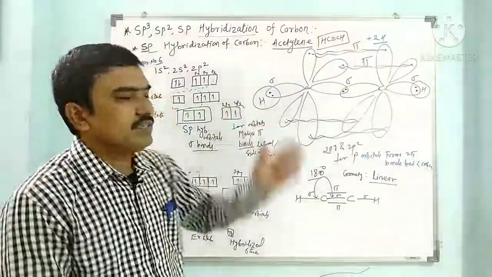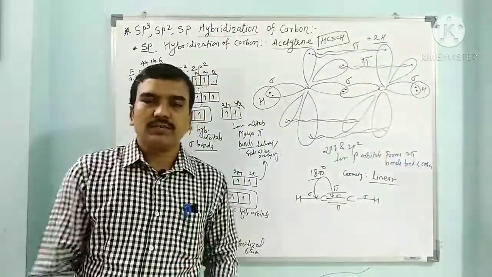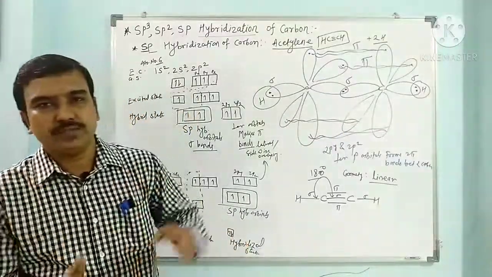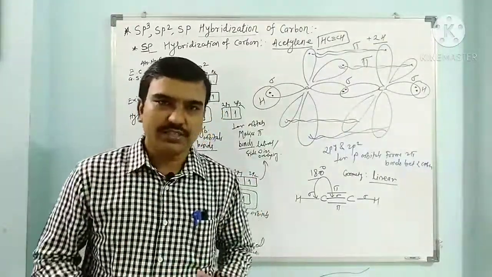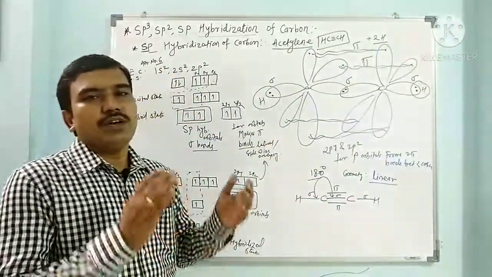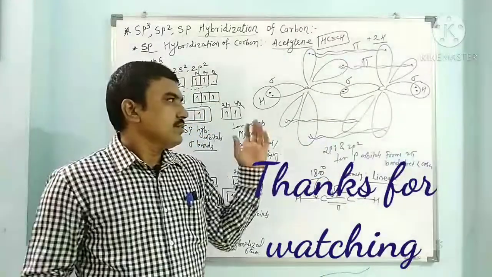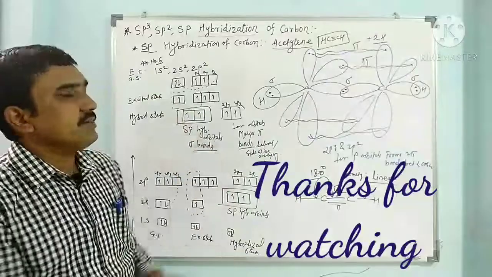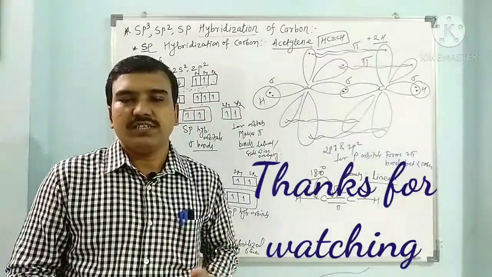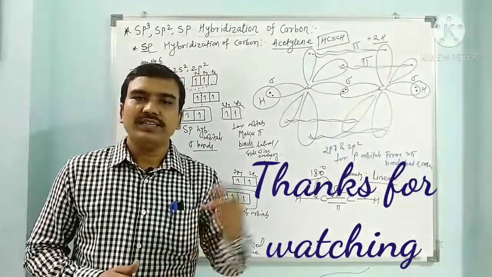So in this way, we have discussed sp3 hybridization of carbon, sp2 hybridization of carbon, and sp hybridization of carbon. In the sp, sp2 and sp3 we have seen different examples, and from the energy profile diagram we have described how the hybridization is formed in the molecule. We have seen these hybridizations of carbons with sp, sp2 and sp3. In the next lecture we will discuss hybridizations of oxygen and nitrogen.